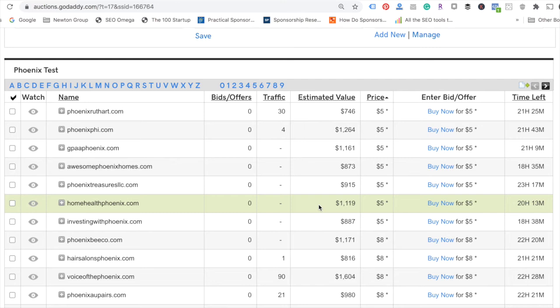In terms of GoDaddy's estimated value, it's kind of a rule of thumb, right? It's an automated value. Nobody's sitting there running analytics on these names and putting these numbers up. So it's done by their automated system. It's done by a computer. So you have to keep that in mind. Things I would look at to really determine what the value is, I would go to Google